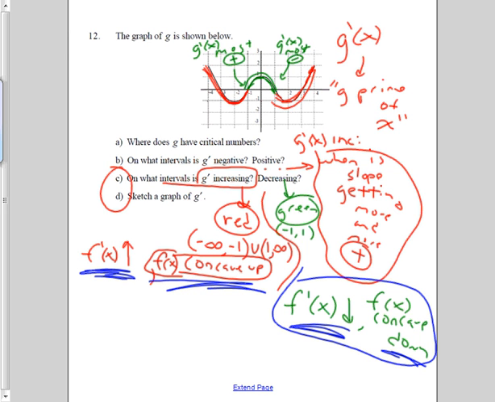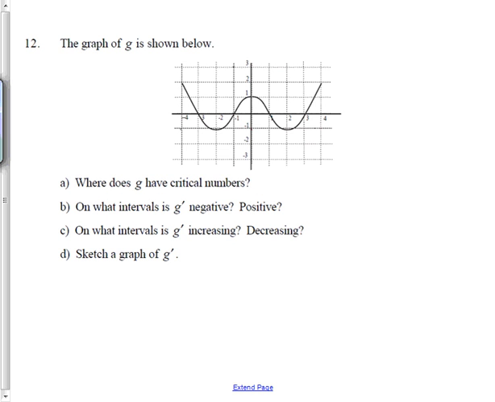Okay, so now we need to sketch a graph of g of x. Well, let me pause for a second. Starting over on this new page, we know that for g prime of x, it's going to be 0 here, here, and here. And we know that because we've got these local maxes and local mins. And, well, what else do we know? Here's the black, g of x. And if I want to know about g prime of x, let's look at the tangent lines. So at this point, where we should have the biggest